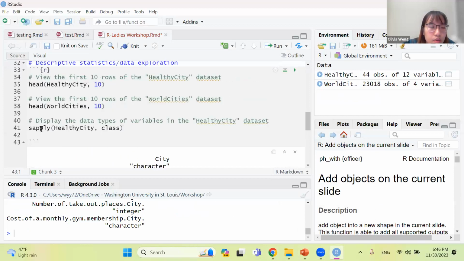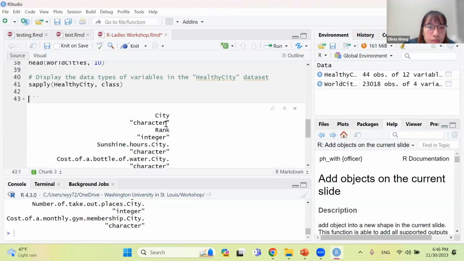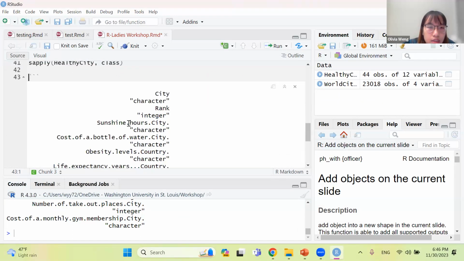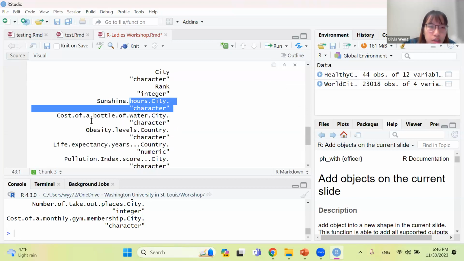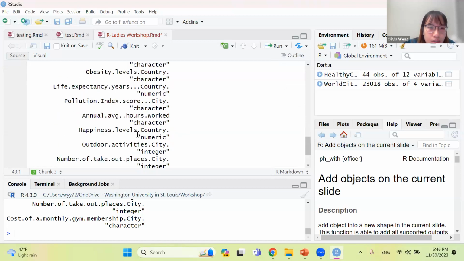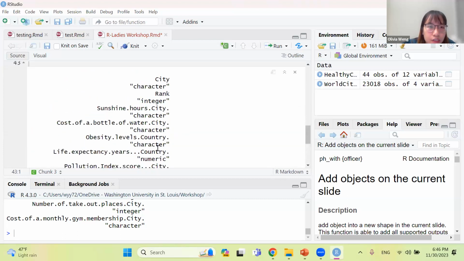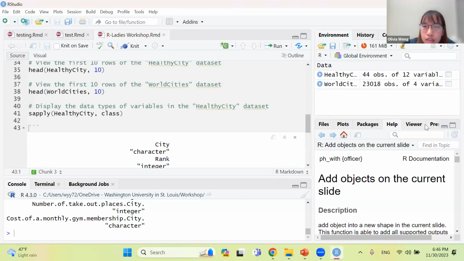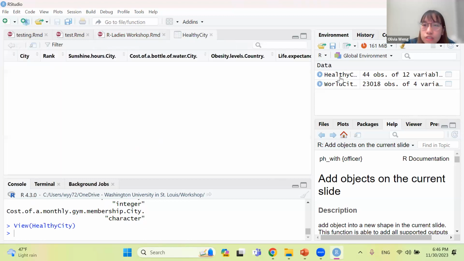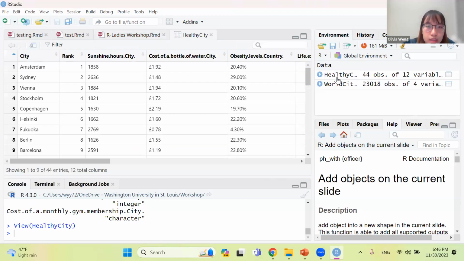Yep. So once I did that, it confirmed that the number of hours is a character variable, which is not good. The cost is not good either. Some of them were understood correctly, but another thing that I want to grab your attention to is if I open up the data set by just clicking in the environment pane,